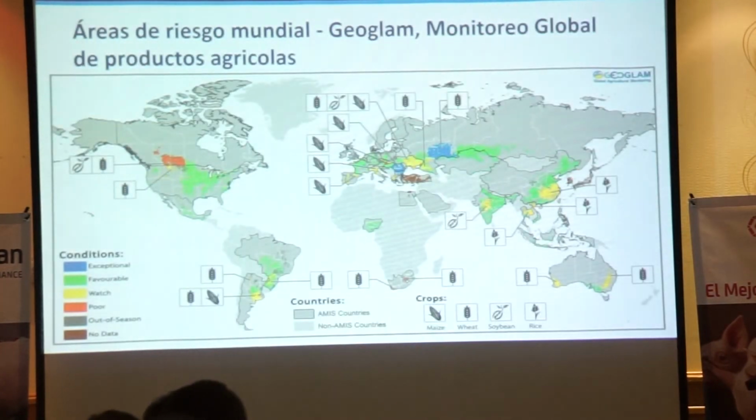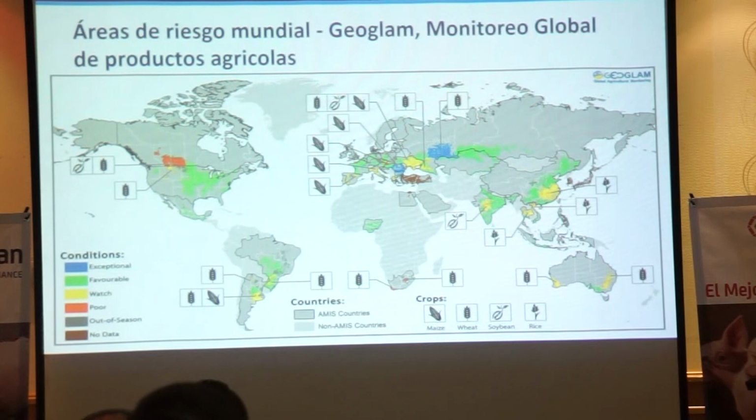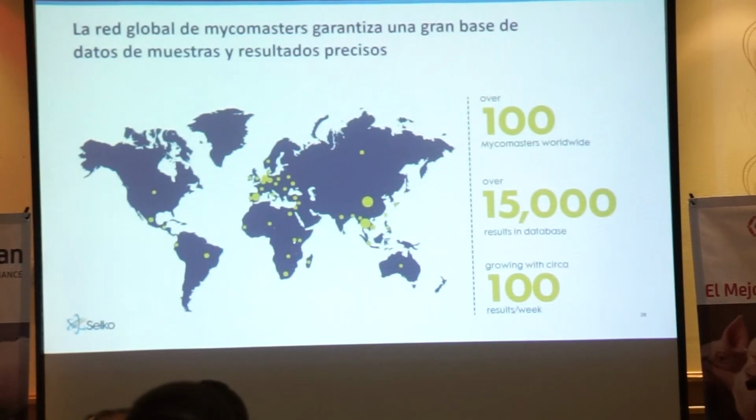Also, one part of it is mycotoxin risk management program. So we analyze all of the feeds globally with our MycoMasters, and we make a risk estimation of your mycotoxin levels in the feed. So we have over 100 MycoMasters worldwide, and that means we have a very big database, so we can compare the results from your mycotoxin levels with other customers in Mexico or other customers in any part of the world, to see what is your level and what is the risk you have in your production.